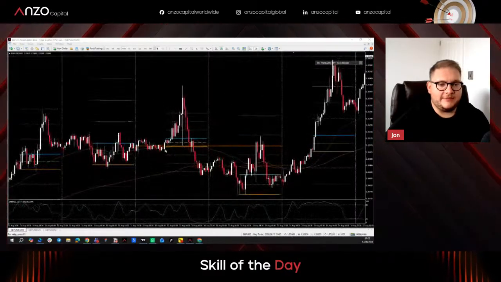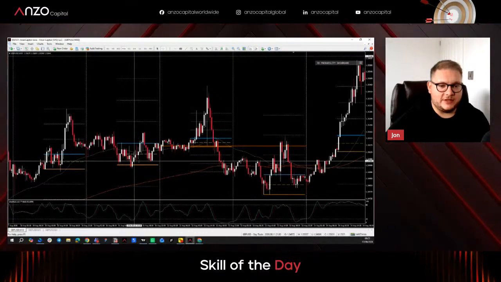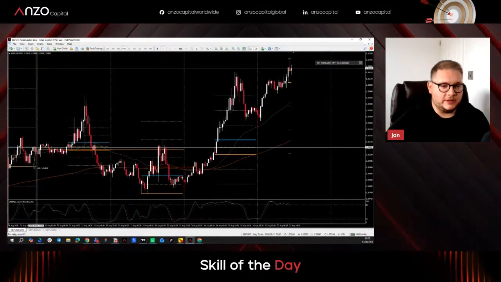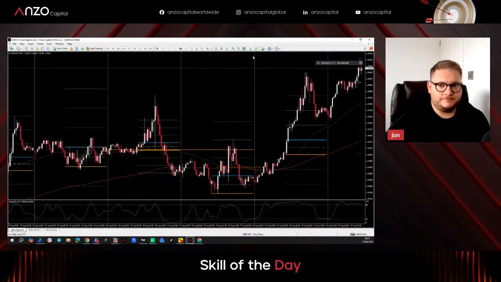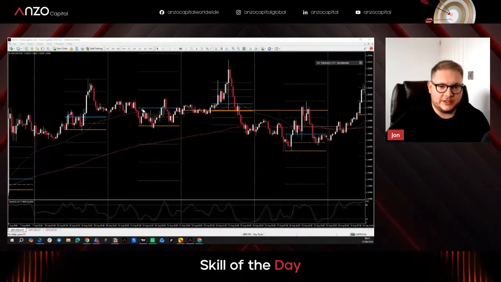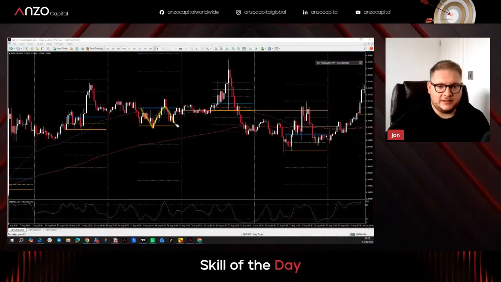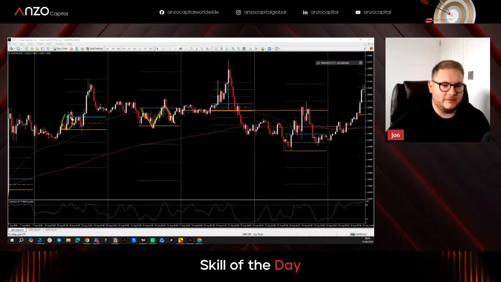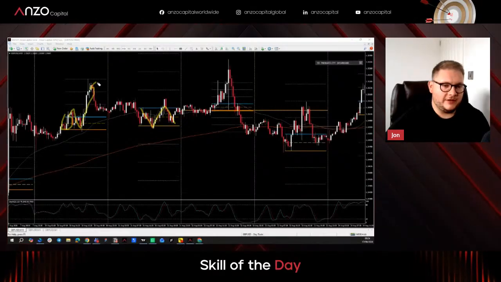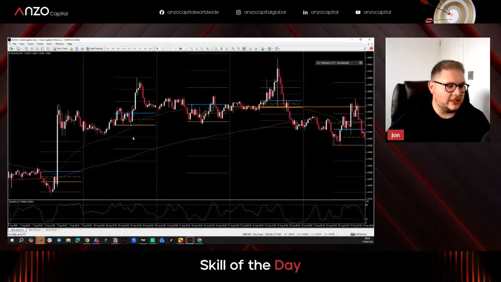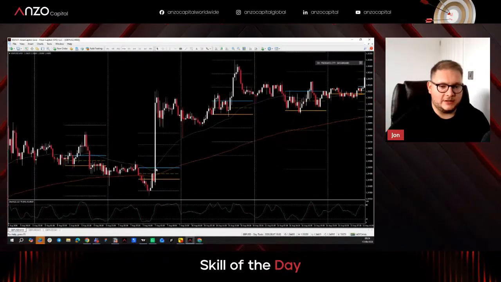But the goal here is we can build that into a bit of a trading strategy. Look at this one here. This initial balance was 14 pips, so a little bit larger than the other ones. And look what happened to price. It ranged. We had a range in that initial balance area. The day before that, market broke out, retested the low of the IB range and continued higher. But the important thing is it gives us a potential idea of what we could look at in terms of